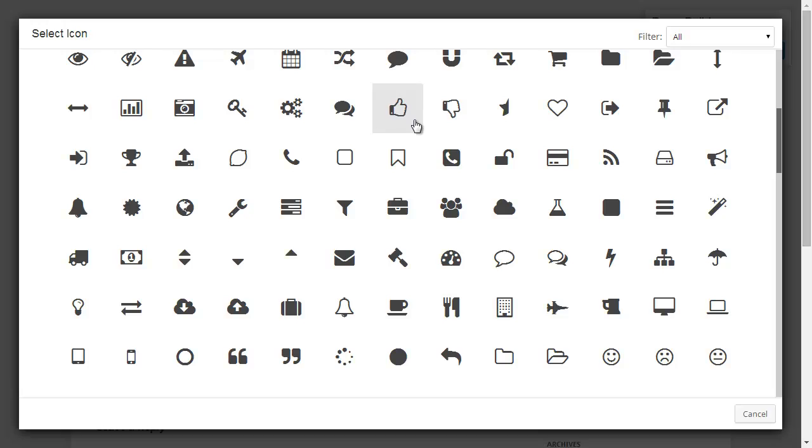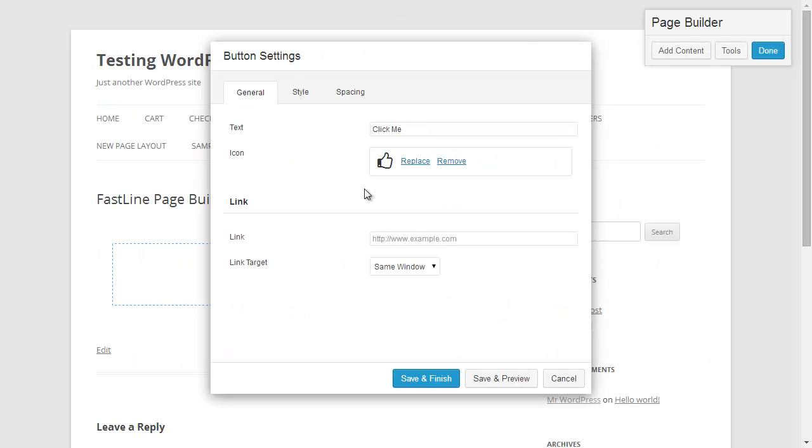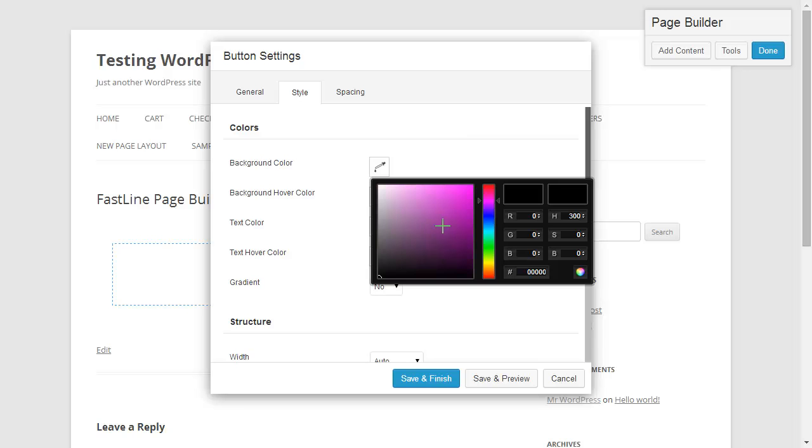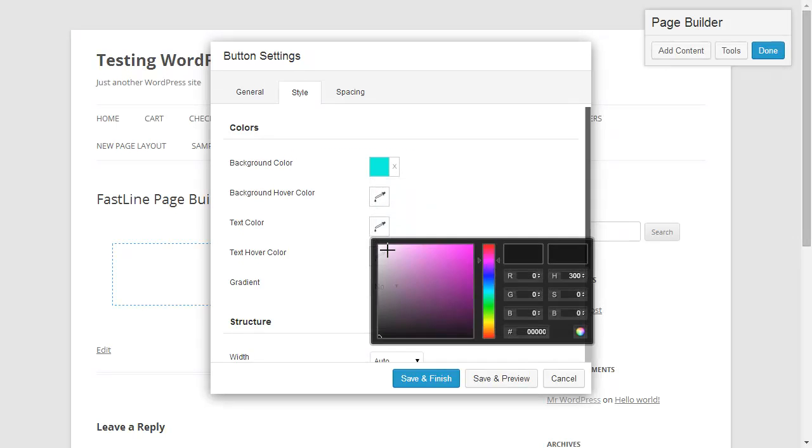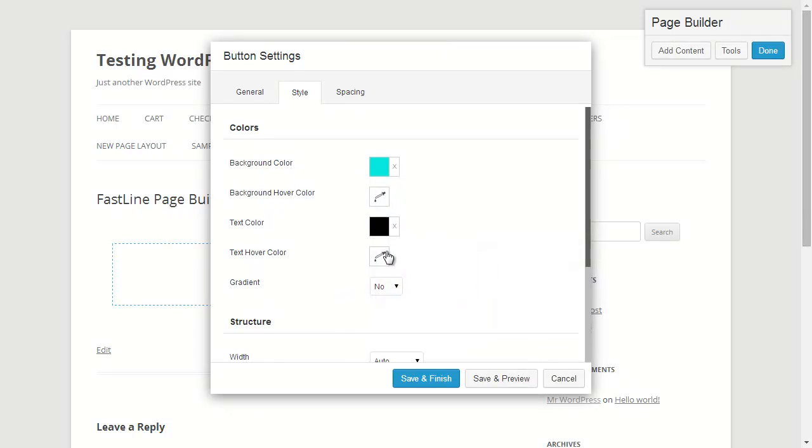So if we just take the thumbs up one for the button, and then the link text can just be, that's the link destination, target, same window or new window, and then the style, have a background color, green, text color black,